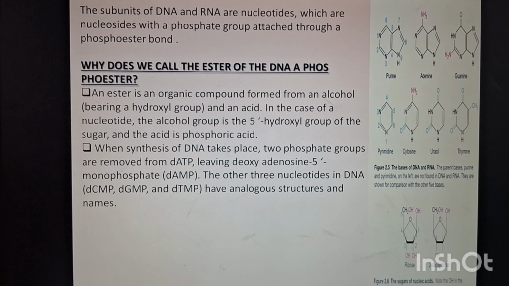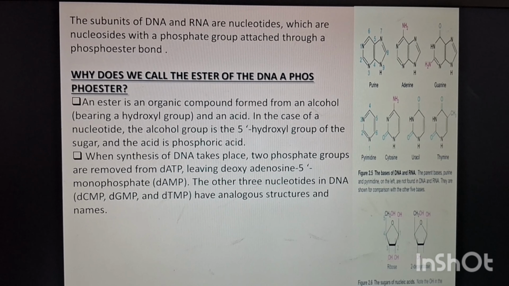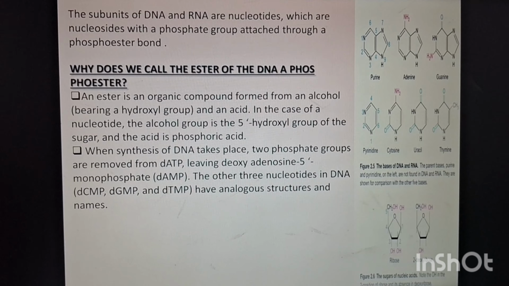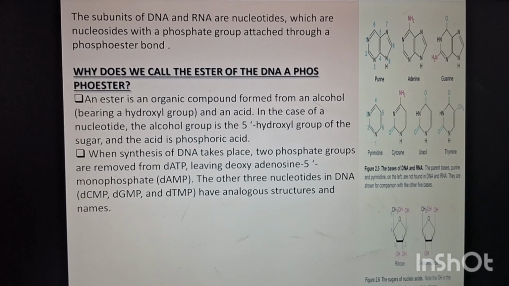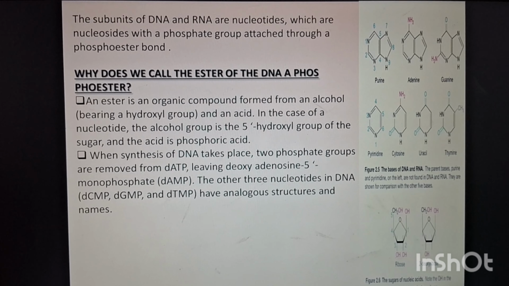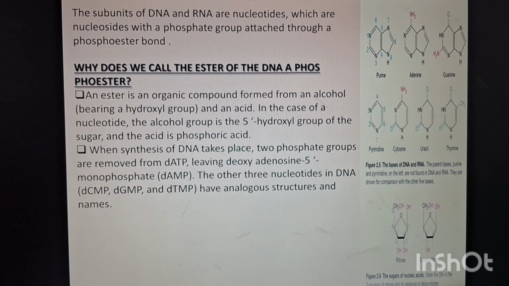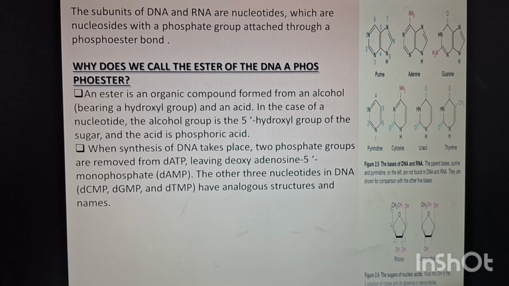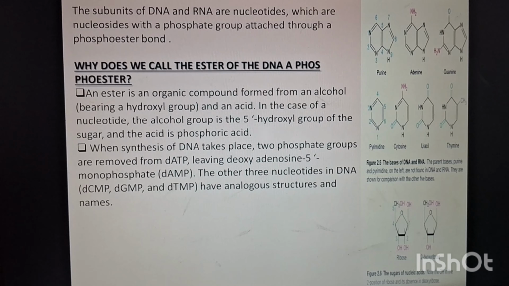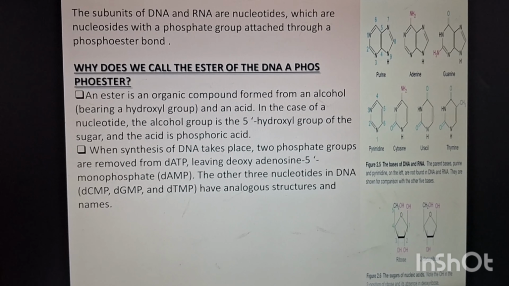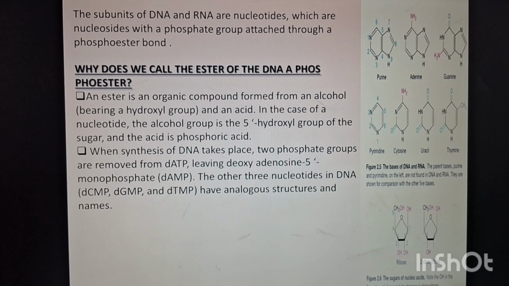through a phosphoester bond. Next, it is an important question for honours in molecular biology, zoology, microbiology, physiology or biochemistry. That is, why do we call the ester of the DNA a phosphoester? Because an ester is an organic compound formed from an alcohol, which bears a hydroxyl group, and an acid. In the case of a nucleotide, the alcohol group is the 5' hydroxyl group of the sugar and the acid